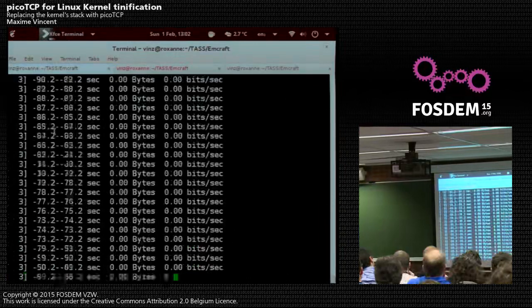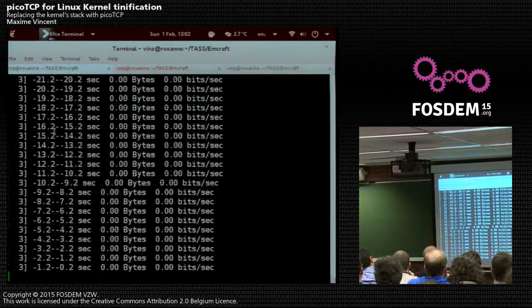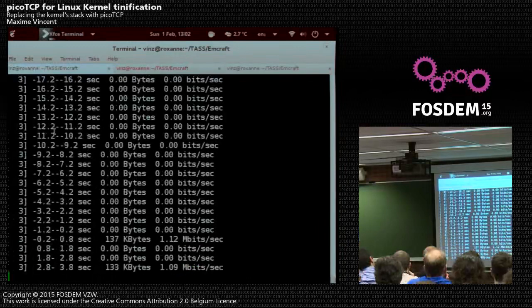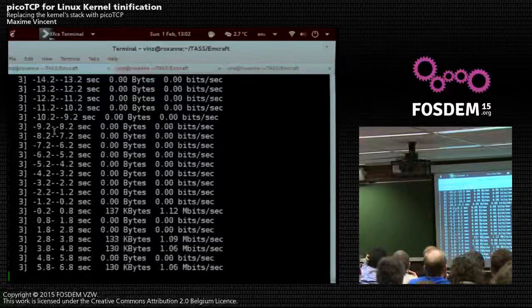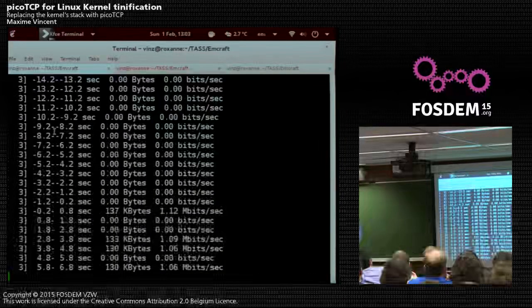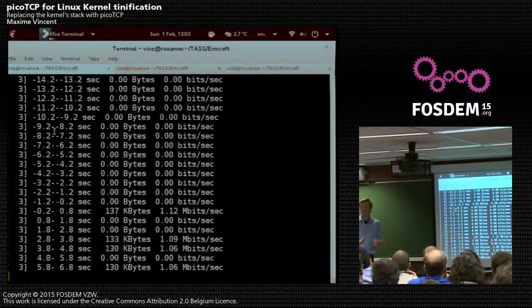So it should try to connect. And this is also where you see that we still have some work to do. We got an average throughput around 1 megabyte, sometimes a bit more, sometimes a bit less. This is just a proof of concept for now. And this is a tool that we use to check if the performance is up to speed or not.